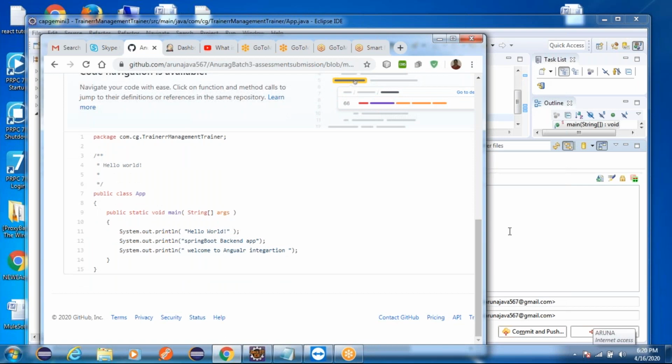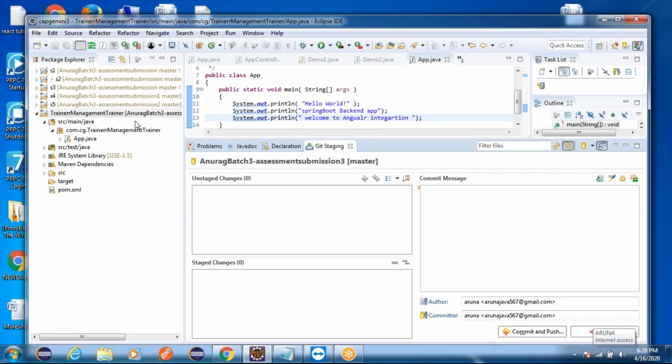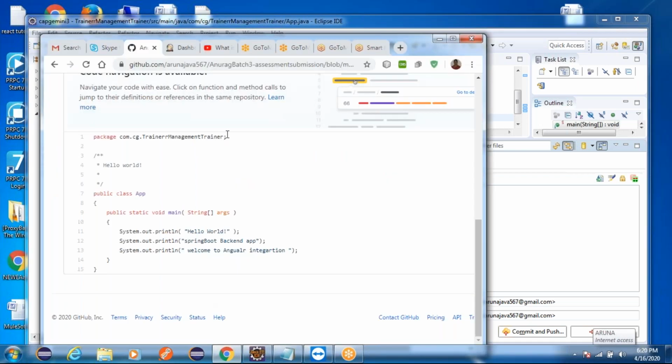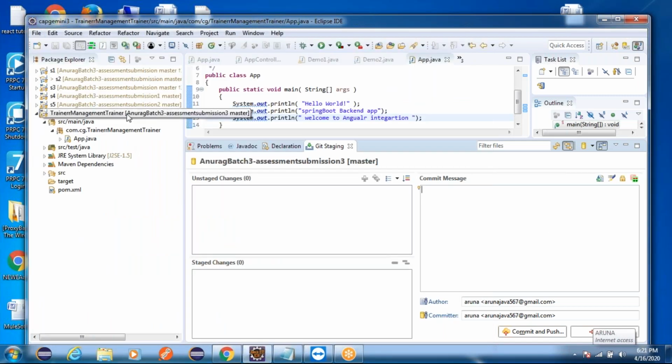This is how every day you need to update your project into your respective project Git URLs. I have given separate Git URLs for the health management system, the movie ticketing system, the online wallet system, and the flight management system. So whatever project you created, your URL remains the same. This is not going to change. And your local repository also, once it is created, is not going to change. Only the changes you make in the project need to be pushed every day. Hope this is clear for you.